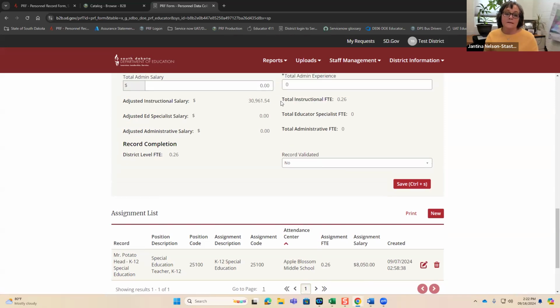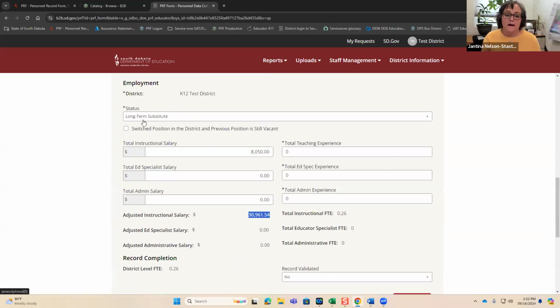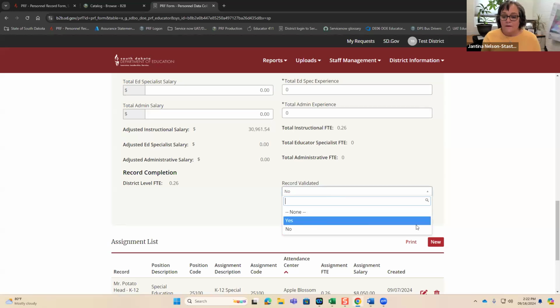And you'll notice that this salary is quite a bit lower than your base salary for your teachers. But we need these individuals identified as long-term substitutes so that we can keep them out of our salary calculations. So again, you have to report what they're teaching and mark their records as validated.